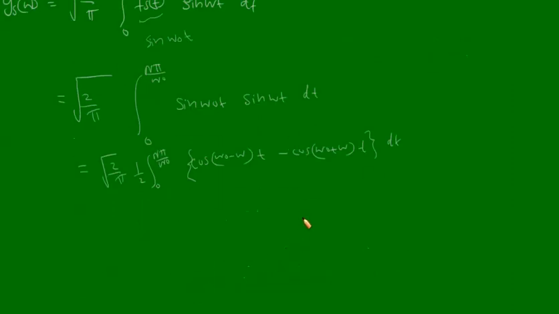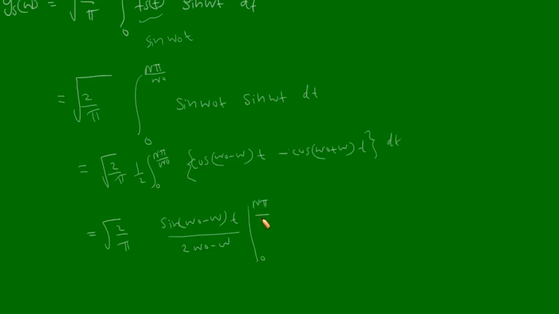If you integrate this function, the integral of cos x is sin x. So this integral will be equivalent to √(2/π) times sin(ω0−ω)t divided by 2(ω0−ω),